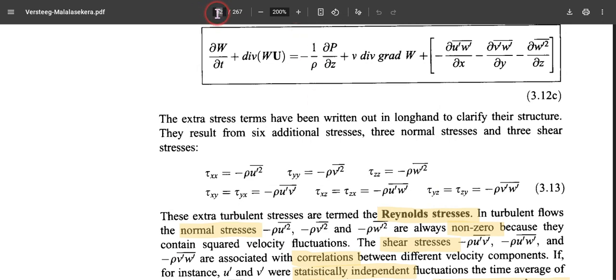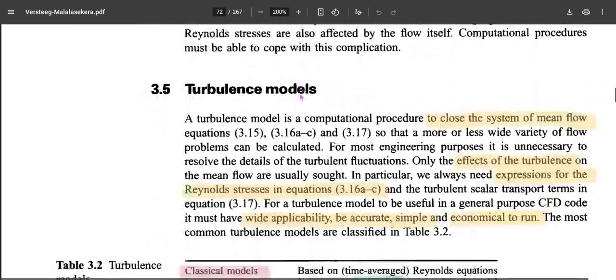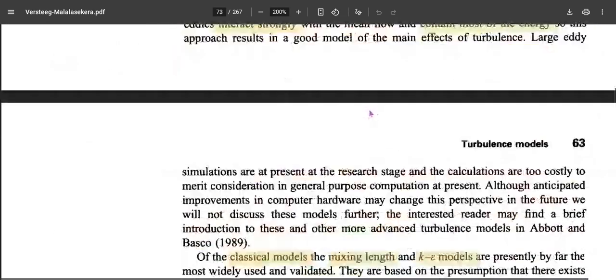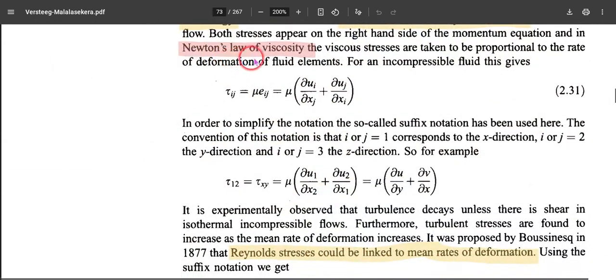Then the turbulence modeling is all about how to make this Reynolds stress have some kind of a constitutive relation similar to the law of viscosity. So we ended up with this kind of thing. Using Newton's law of viscosity, we find a stress and strain relationship using some kind of viscosity proportionality constant. Similar analogy we put up to derive Reynolds stresses, relating them to the rate of strain